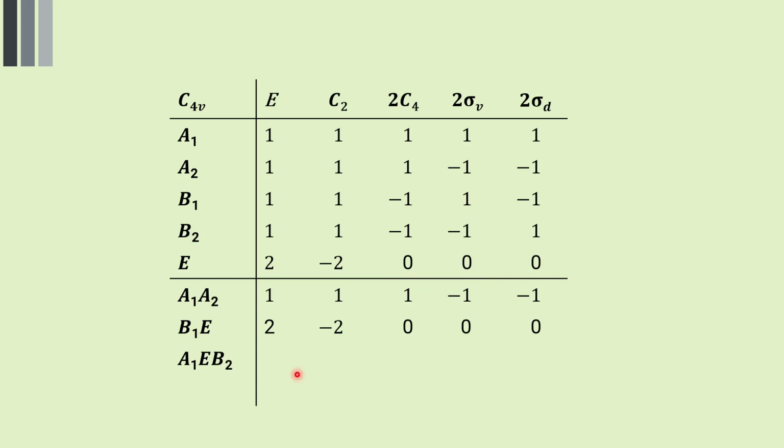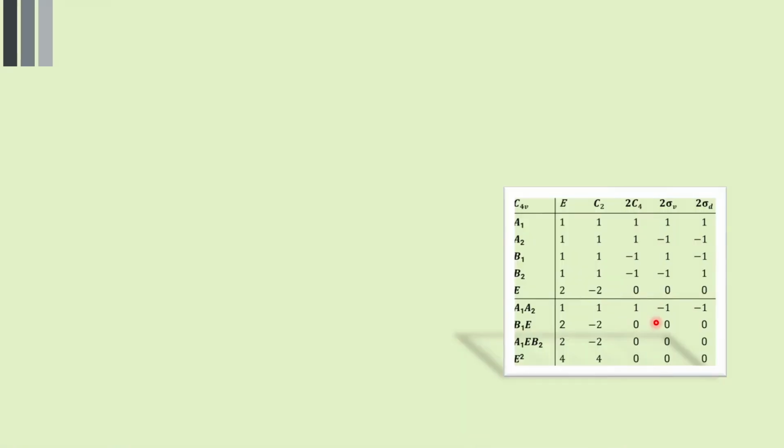If you go for A1, E, B2, taking three simultaneously, you have E as 2, A1 as 1, and B2 as 1. If you multiply all of these, you have 2, 1 and 1, that becomes 2. If you have minus 2 and then 1 and 1, that is minus 2. Because E contains 3 zeros, the rest of the product would obviously be zeros. If we talk about the square of E, 2 squared is 4, then minus 2 squared is 4, and zeros would have a zero value. So we have a collection of various products of representations,